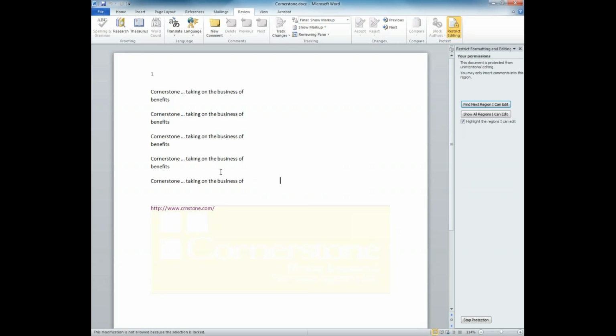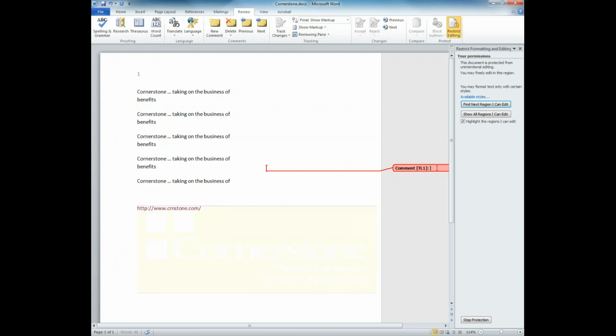Now, if I try to edit this document, I can't backspace over something. If I highlight and hit delete, nothing will happen. But if I try to insert a comment, I'm allowed. And this is how you would lock editing from other people if you want to be the only one who